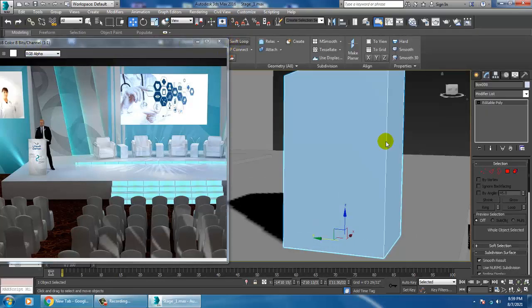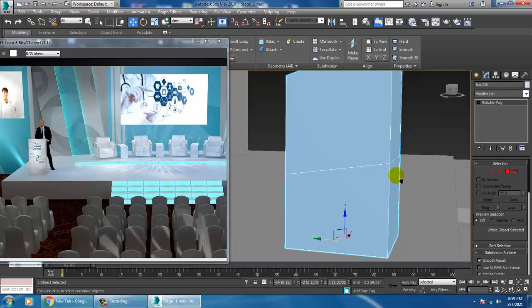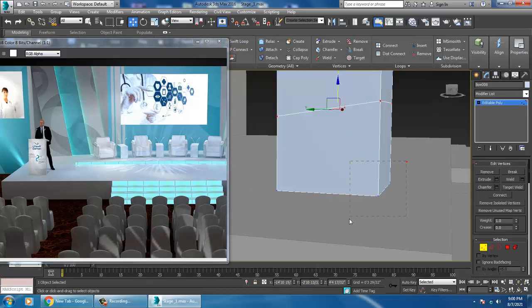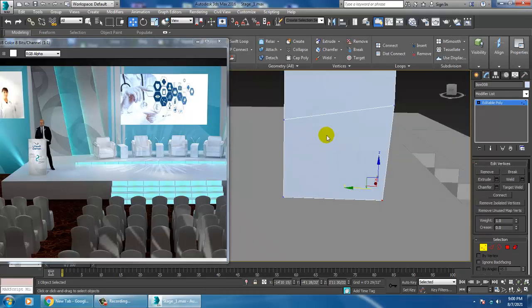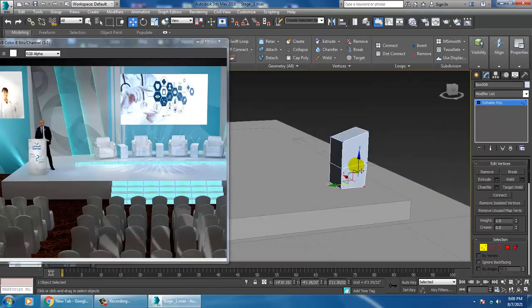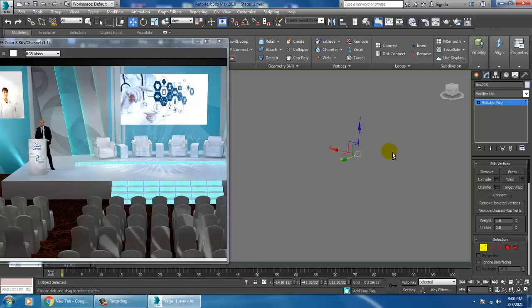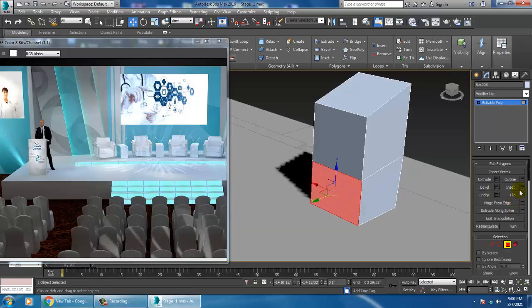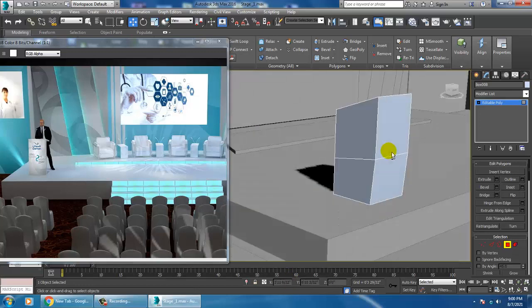I can add one swift loop over here, like this. Select this polygon, give a bit of inset, and you can extrude it a bit inside and click OK.